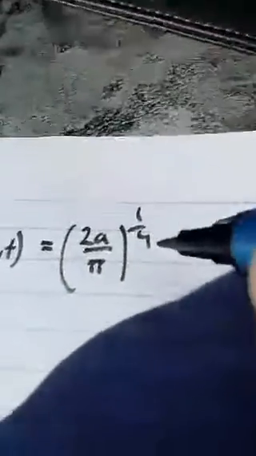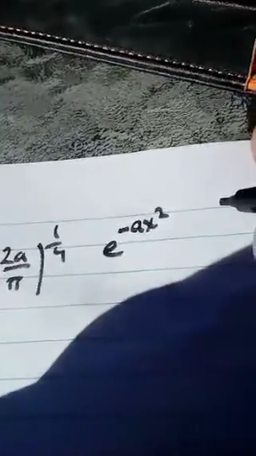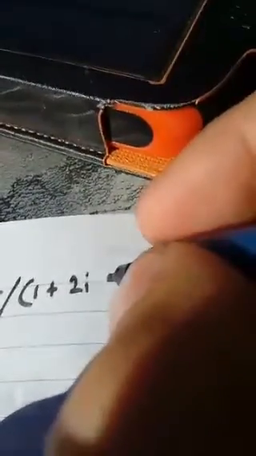All to the 4th root, multiplied by e to the minus ax squared. Remember, a is roughly like the angular speed, you could call it, of the particle. X squared is like its location squared, divided by 1 plus 2 by this 2-dimensional number i, which is the square root of -1,